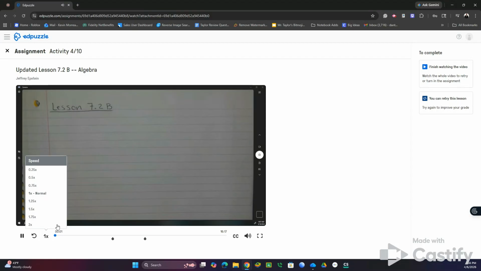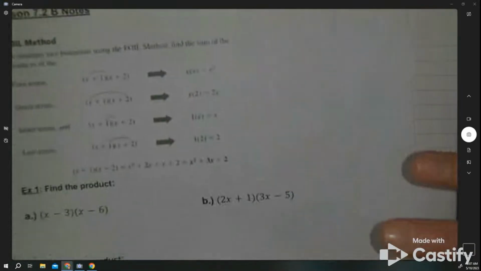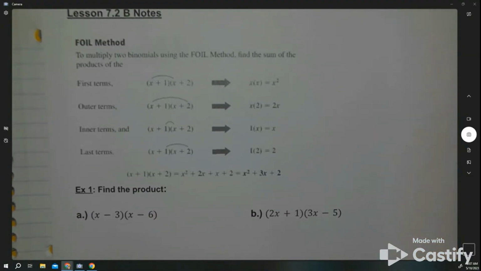This is lesson 7.2b. We're going to continue talking about multiplying polynomials together. One of the methods that we're going to talk about today is the FOIL method. And the FOIL method is a shortcut for multiplying two binomials. So if you take a look at this, it says to multiply two binomials using the FOIL method, you're going to